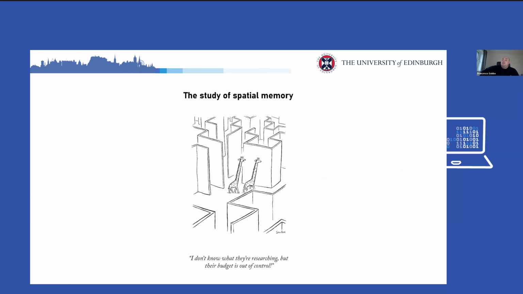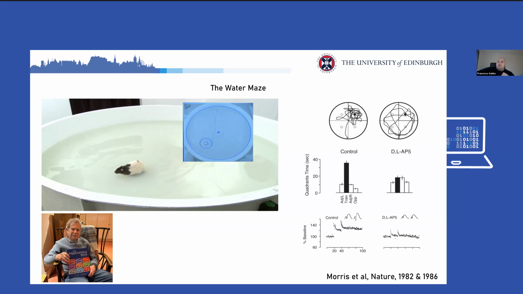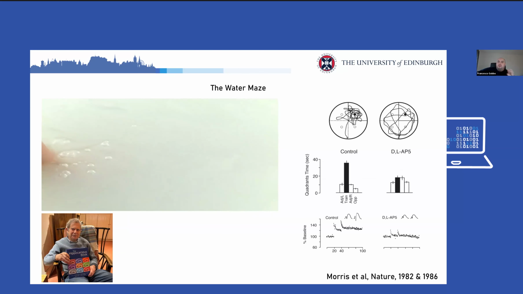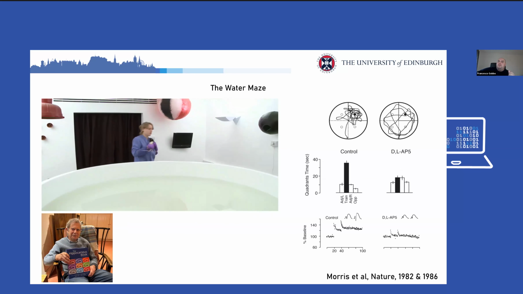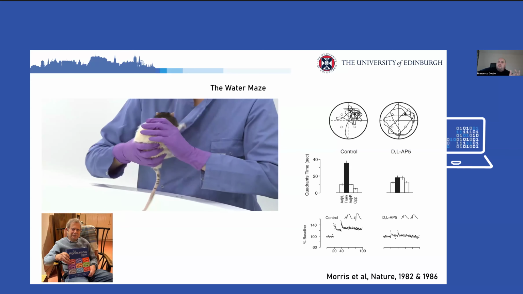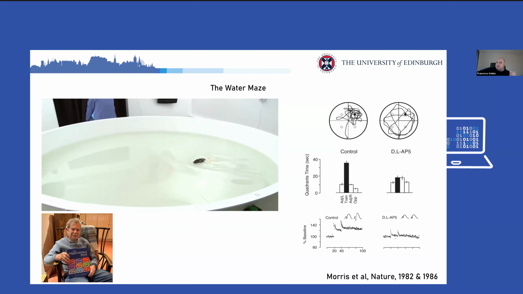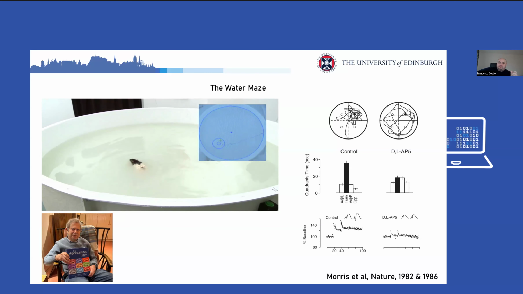So how do we actually study spatial memory in the lab? Essentially we use a lot of mazes. One of the most paradigmatic mazes is the Morris water maze. We run a number of learning trials where animals learn, for example, the position of a platform to escape from a two-dimensional water arena, and then they are tested on whether they remember the position, with the platform not being accessible or even visible to them.